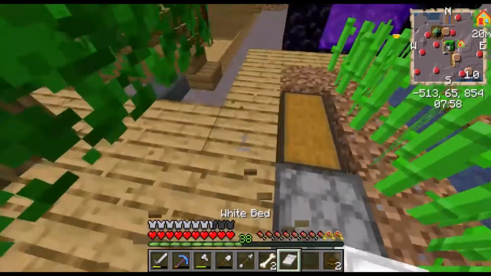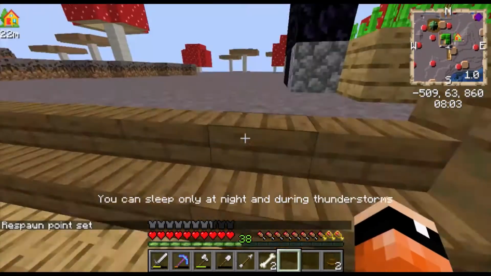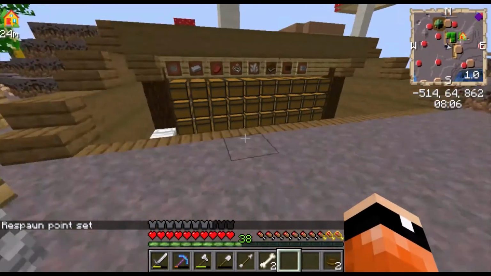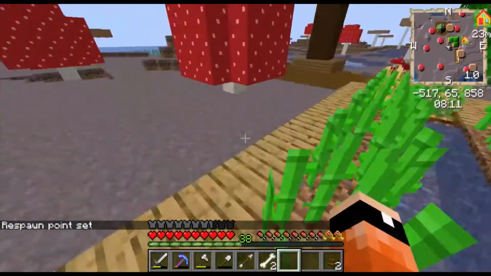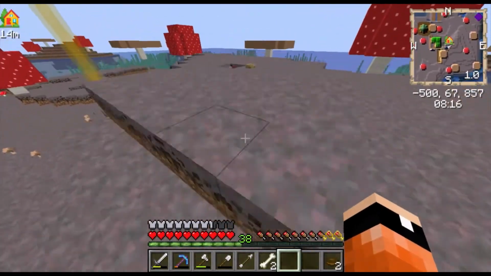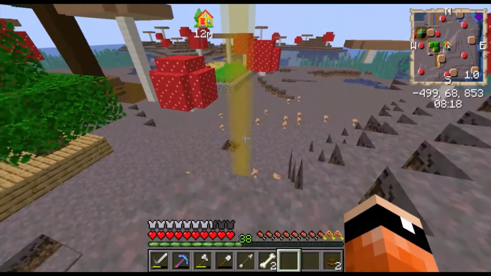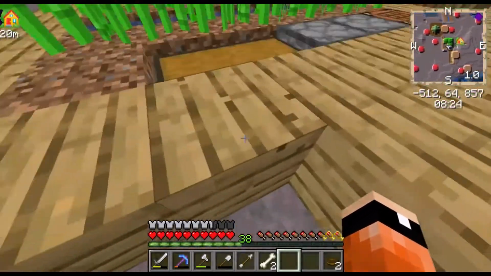I've gotten a bed. I should probably move this. I'm just gonna put it like here. Set my spawn on. Yeah, decent place to keep it. And yeah, so all I've really been working on is trying to get stuff for a level 30 enchantment table, but kind of hoping other people will help me out on that as well, because I don't really have much